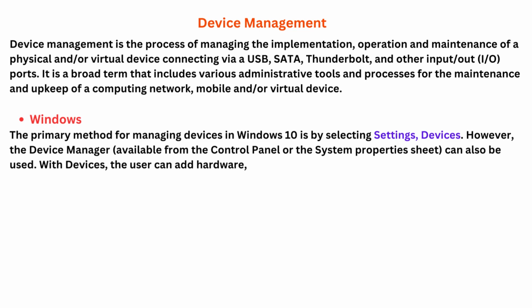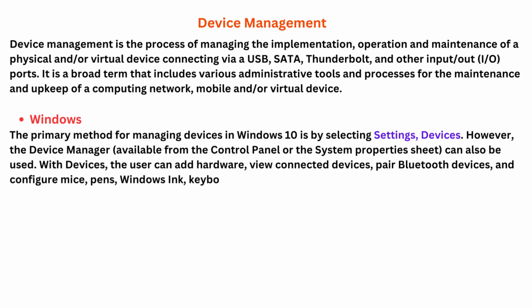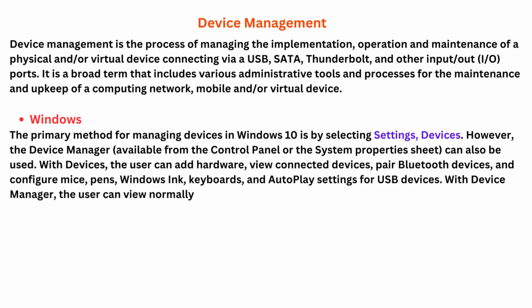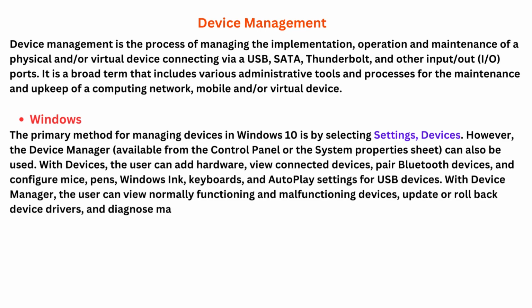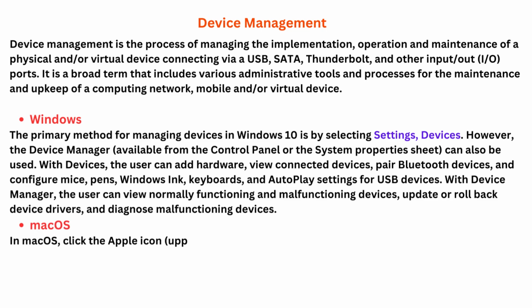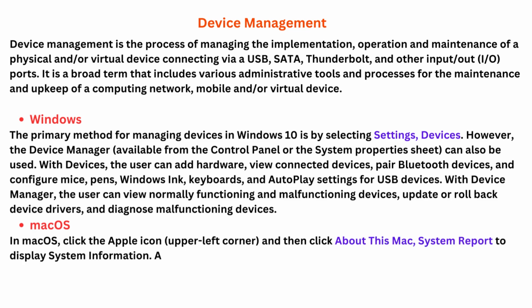With Devices, the user can add hardware, view connected devices, pair Bluetooth devices, and configure mice, pens, Windows Ink, keyboards, and autoplay settings for USB devices. With Device Manager, the user can view normally functioning and malfunctioning devices, update or roll back device drivers, and diagnose malfunctioning devices. macOS. In macOS, click the Apple icon, upper left corner, and then click About This Mac, System Report